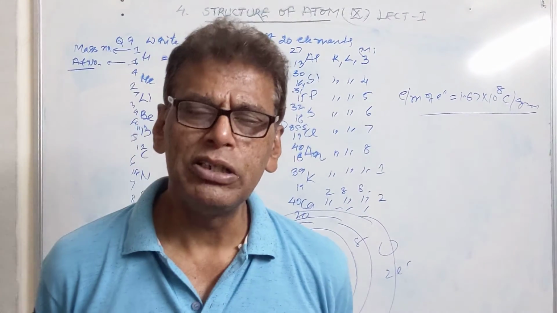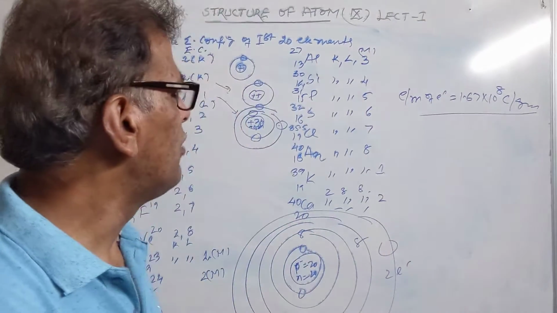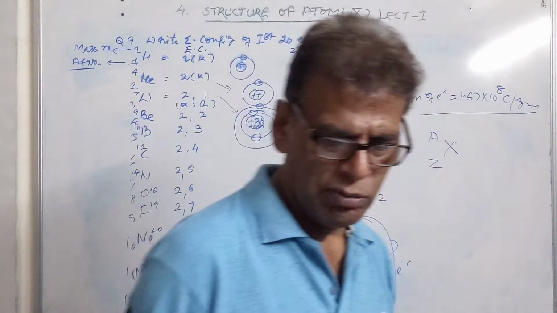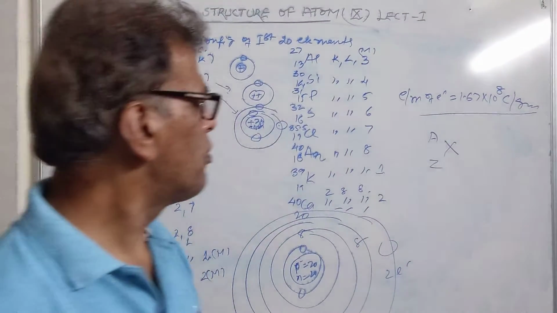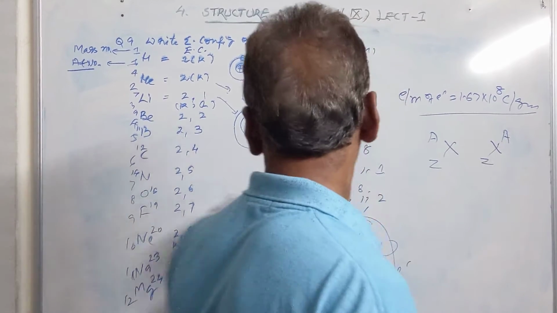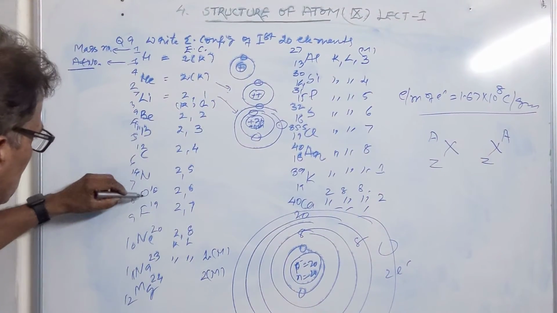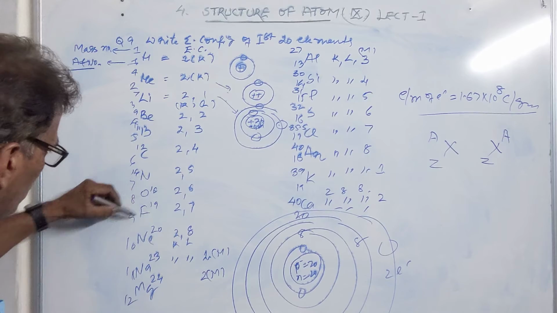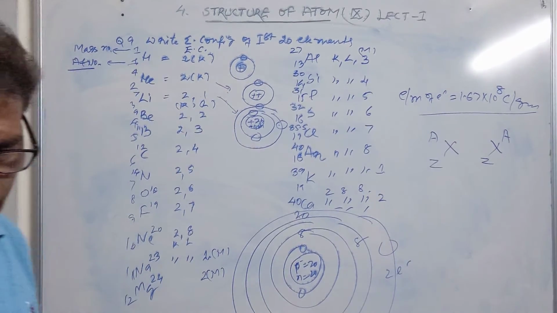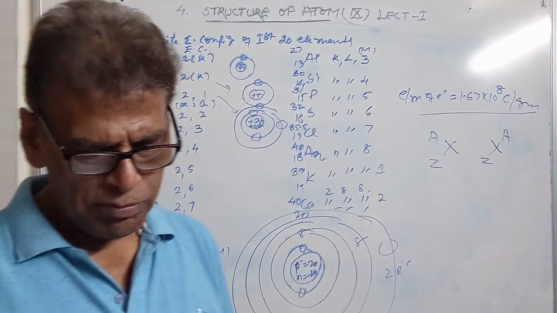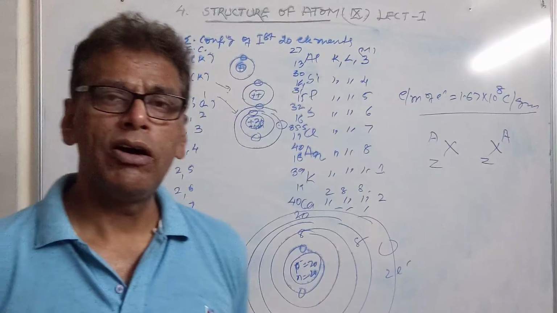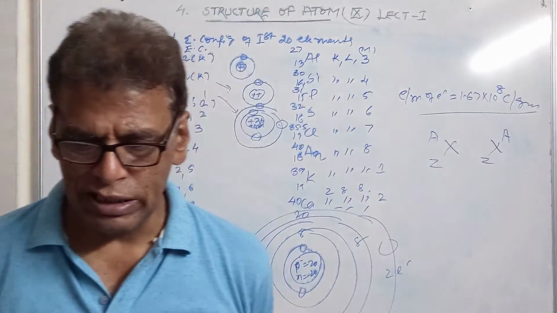Then the mass number is represented by A, just above the symbol of the element. This is your mass number, this is your atomic number. It can also be represented like this, with Z and A like this. I have represented this in some cases where space was left. 9, 19, 8, 16, I have represented 10, 20 like this. They can be represented.